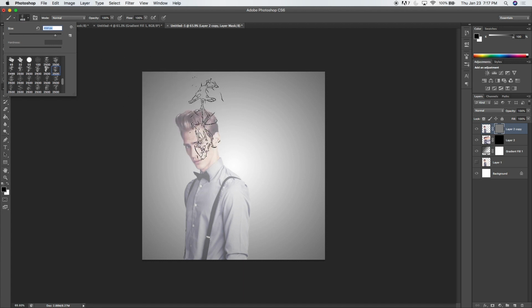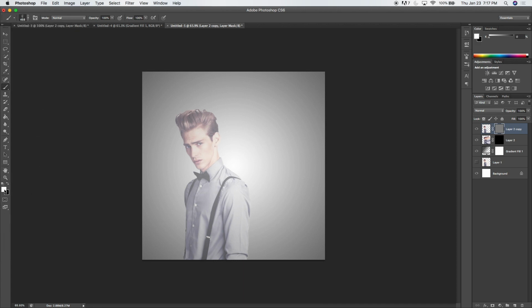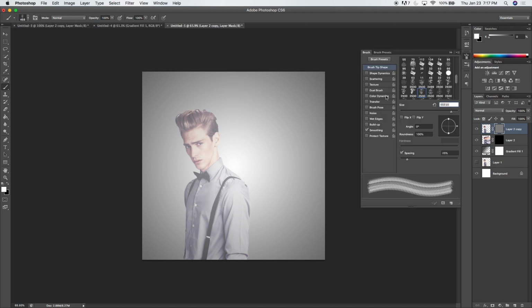Want a medium to large in relation to the subject, and then we're going to invert our colors so that it's white, and we also want to turn the smoke so that it's shown away from him. To do that, click on this icon here. That'll bring up your brush panel. Here you can change the direction that the brush is pointed,